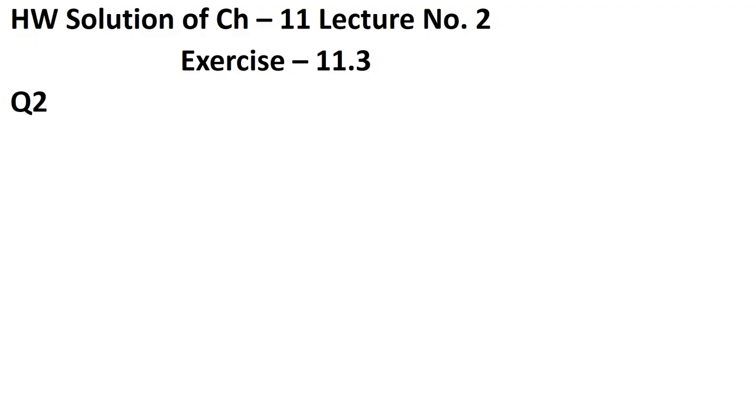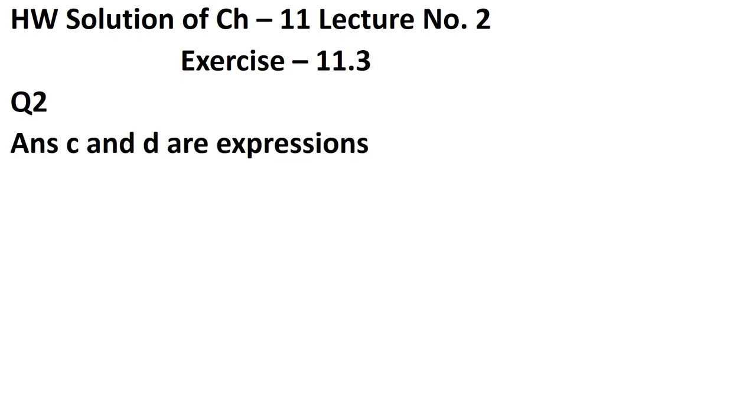In this I have given you question number 1 first. Question number 1 I am not doing because the hint is given in the question. In the same way you have to make other expressions also. Now see question number 2. Which out of the following are expressions with numbers only? Means in which variable is not given. It is C and D part. C and D part are expressions with numbers only.